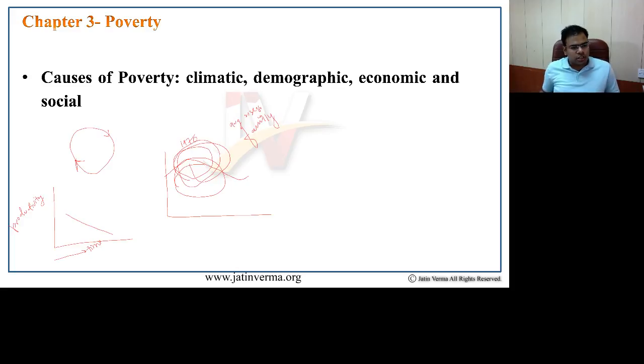When it comes to social causes of poverty, we must understand what the social security net is. I was talking about it a few minutes ago, and that would help you understand the possible social causes of poverty. As I talked about in the social security net, one of the reasons why people are pushed into poverty again